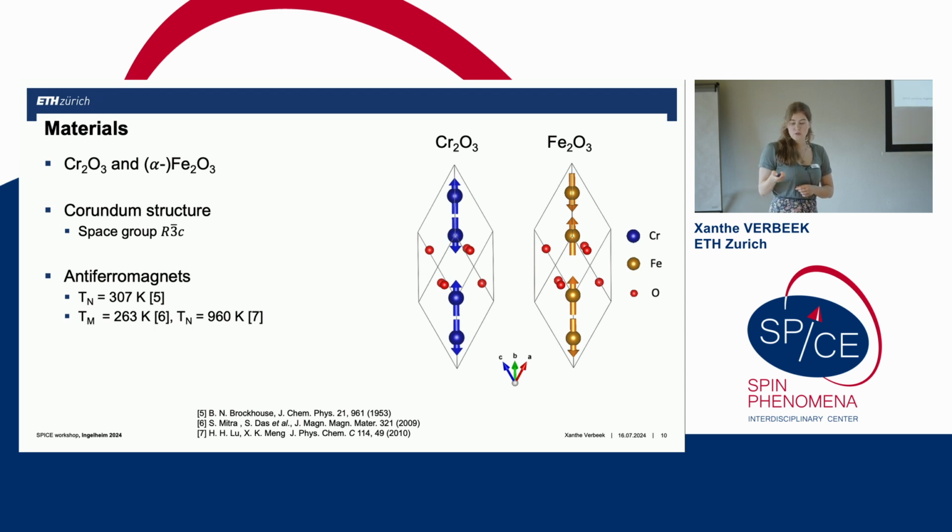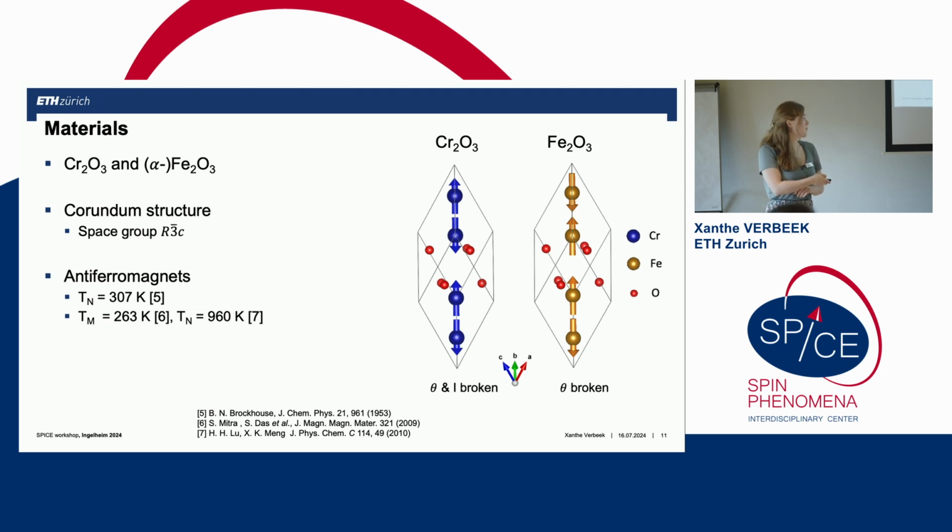Now, these two ordering patterns are different in the two materials. In the chromium oxide, it's this down, up pattern, whereas in the iron oxide, it's down, up, down, and this has consequences for their symmetry. In the chromium oxide, both time reversal and inversion symmetry are broken, whereas in the iron oxide, only the time reversal symmetry is broken. In both compounds, the time reversal symmetry breaking means that we have two antiferromagnetic domains, 180-degree domains,